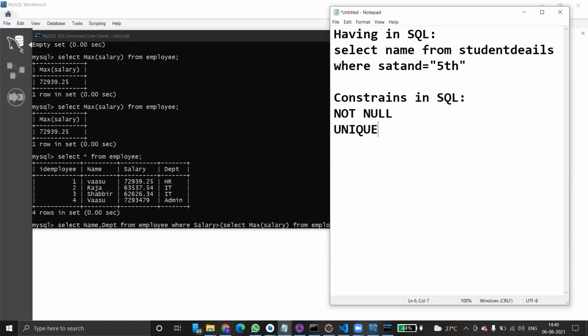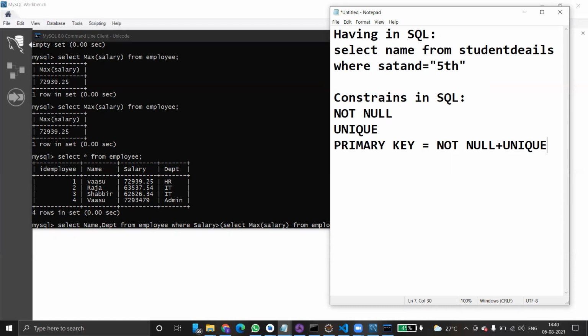A value which you are going to enter inside a cell should be different from the rest of the data. So unique. And primary key. What is a primary key? Primary key is a constraint. It is a combination of not null and unique. Then it is called a primary key.